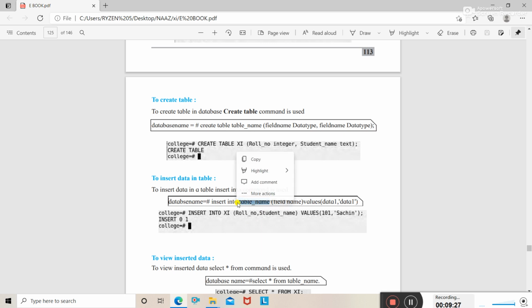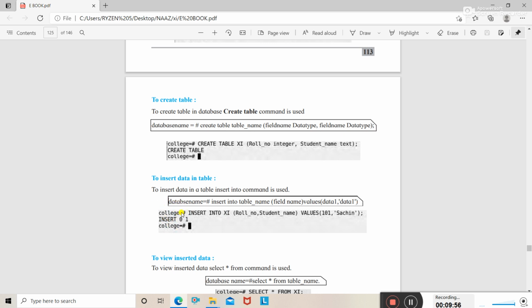In whatever table you're going to insert the data, you need to specify the table name after the insert into command. The insert into command is followed by the table name, which is followed by the field names and the values of those field names. For example, I want to insert the data in the 11 table, which is in the college database.